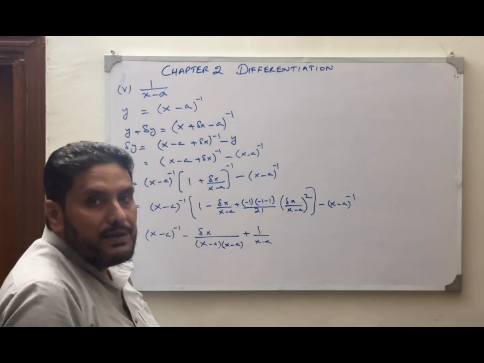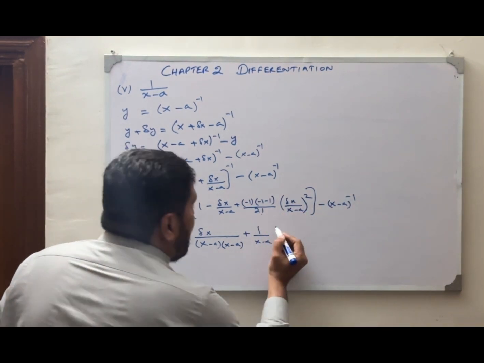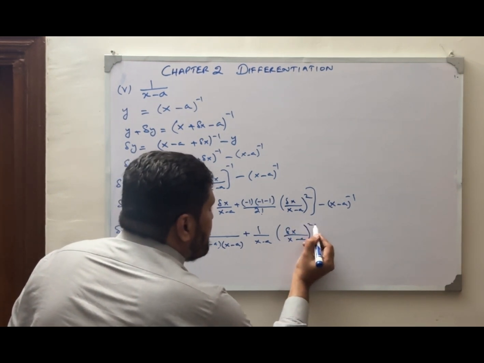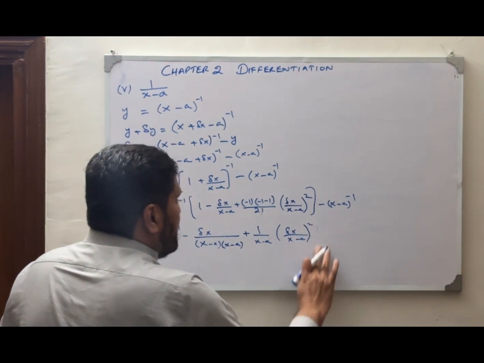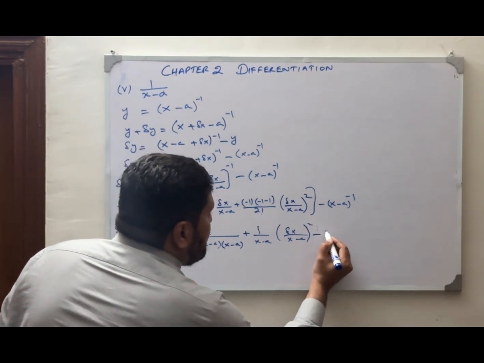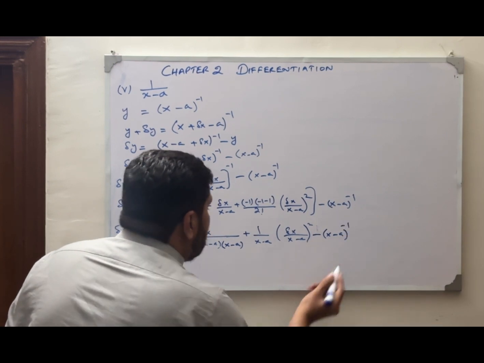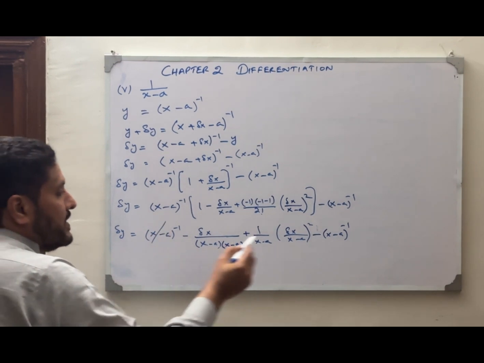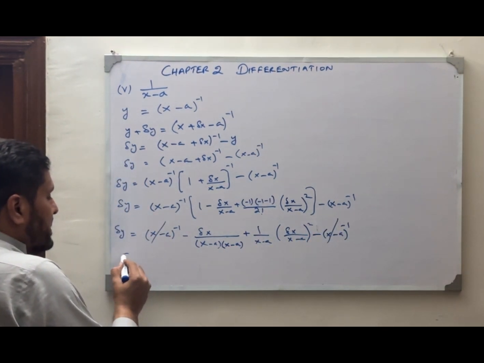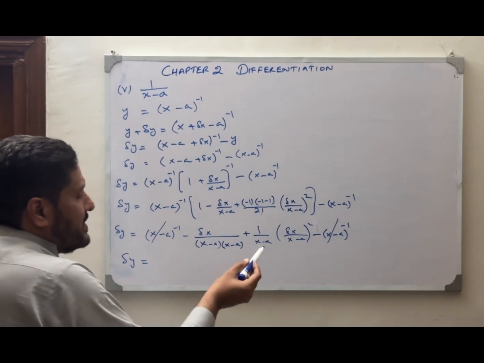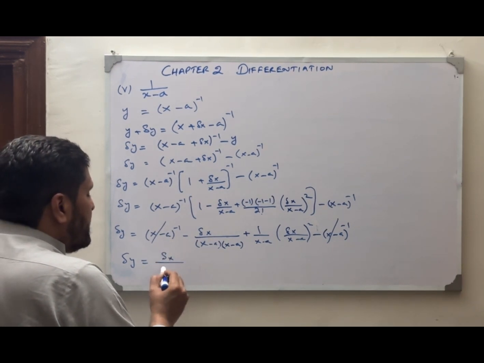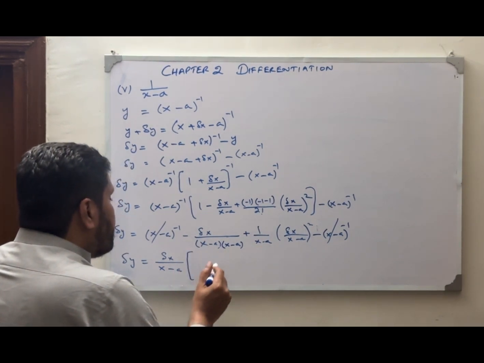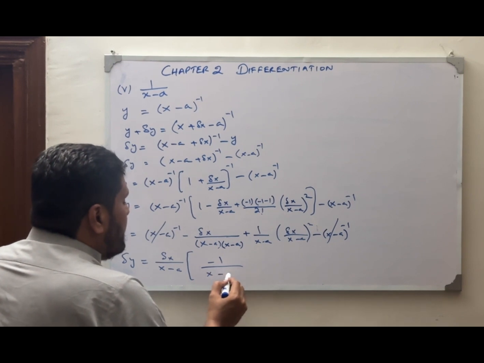So 2 factorial and 2 will be cancelled with each other, and here we have the remaining term delta x by x minus a whole square, and at the end we have minus x minus a power minus 1. So minus x minus a power minus 1 and plus x minus a power minus 1 will be cancelled with each other, and our delta y is equivalent to, now we take delta x divided by x minus a as a common in both of these two terms. So the remaining term will become minus 1 by x minus a,